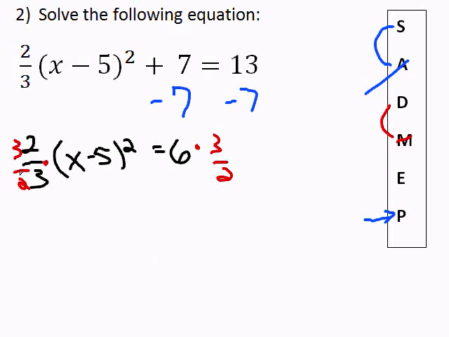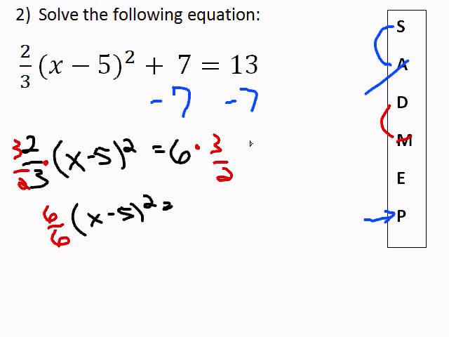If you remember, 3 times 2 over 2 times 3 gives us 6 over 6. Now you don't have to write 6 over 6. You can actually just write 1 or don't write it at all. (x - 5)² equals